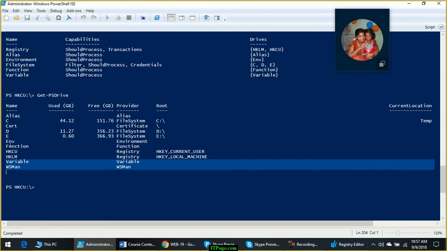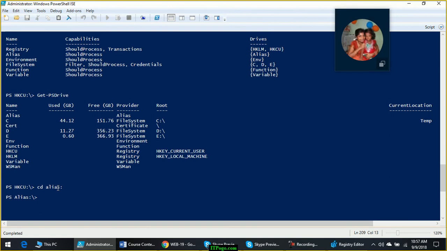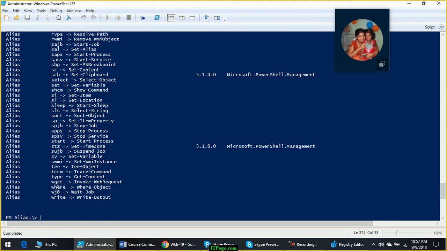Other things we will see one by one. Alias. The command get-alias gives you the list of aliases, and those aliases are stored in the alias provider. You can use cd alias colon and give dir, it will show you the list of aliases.